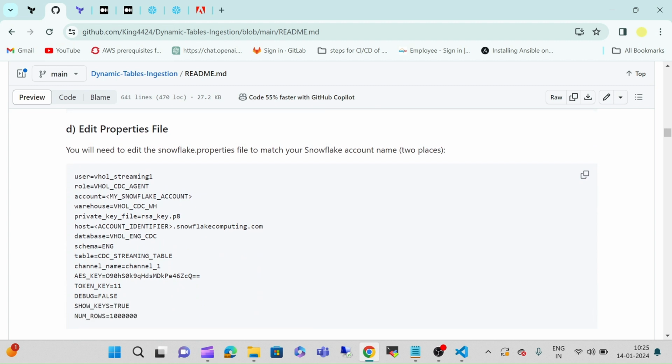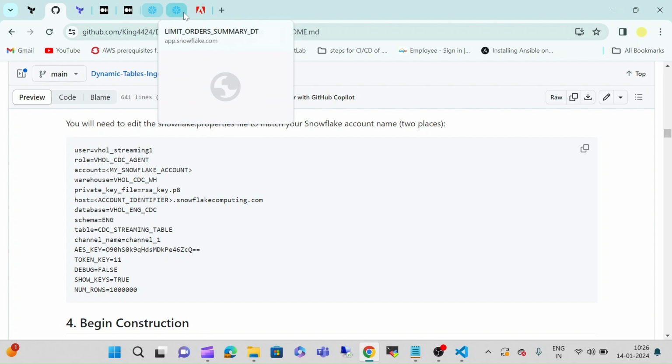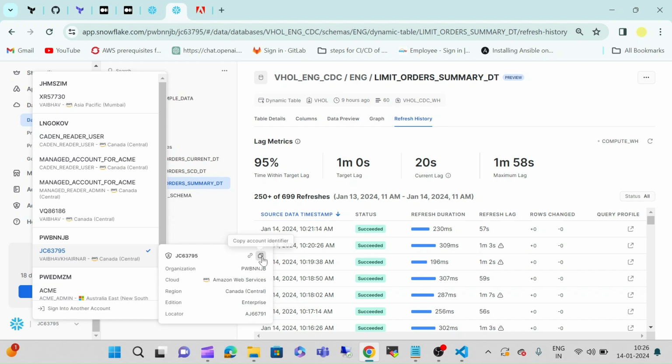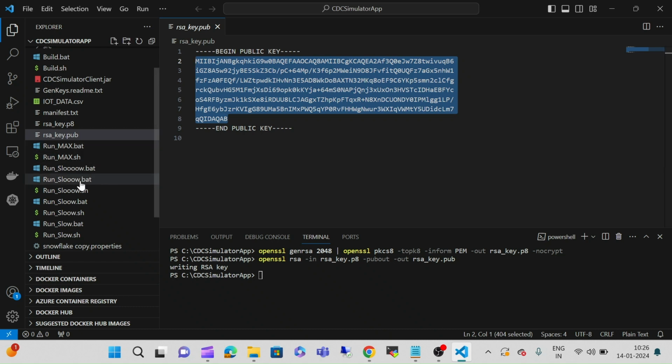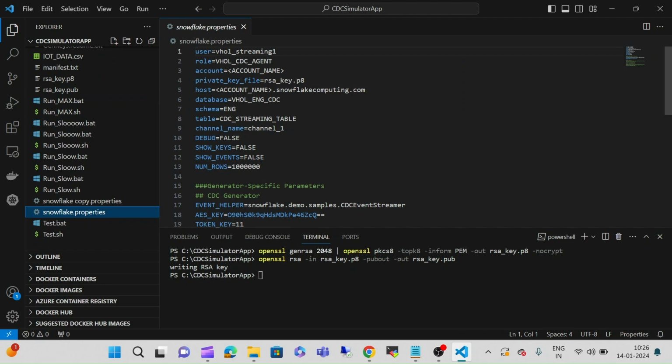The next step is we have to edit the properties file. You will need to edit the snowflake.properties file to match your Snowflake account name in two places. One is here and the second one is here. We have to paste our account identifier on these spots. So go to your Snowflake first, copy your account identifier from here, then go to your code editor, open that file snowflake.properties and paste your account identifier here